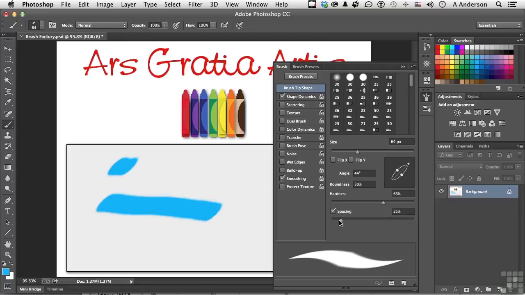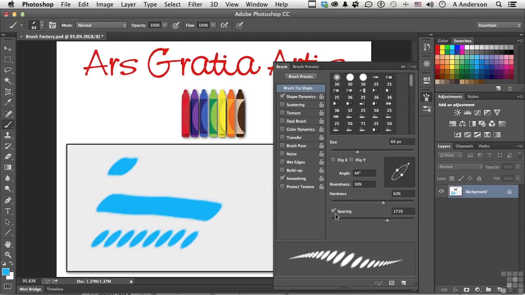Now, if I change that number, let's go higher. See what it's doing down here? Well, it's going to stamp it every 171%. I got a dotted line. So when you're using a brush, you're not really smearing something. You're actually stamping it. Boom, boom, boom, boom, boom. And that is controlling exactly where that is. So we've taken a brush and we have changed the spacing, we've changed the size, changed the angle, and changed